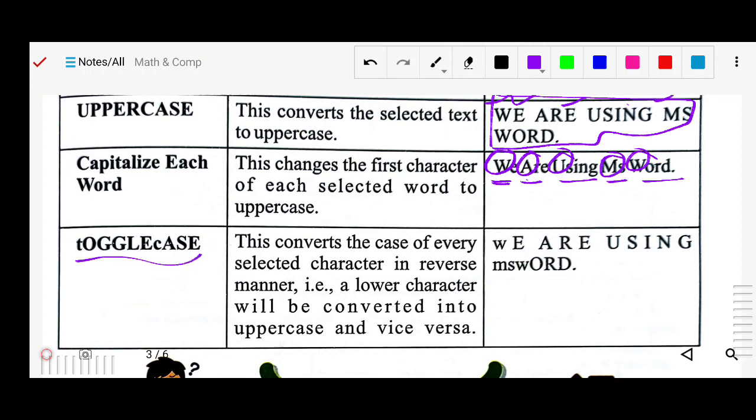Next is toggle case. In toggle case, this converts the case of every selected character in reverse manner. Suppose a lower character will be converted to upper and upper will be lower. Toggle means suppose it is already written THE, if you toggle it, T will be small and H will be capital, and E will also be capital, meaning capital will become small and small will become capital.